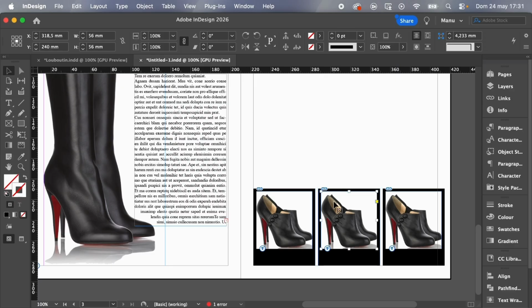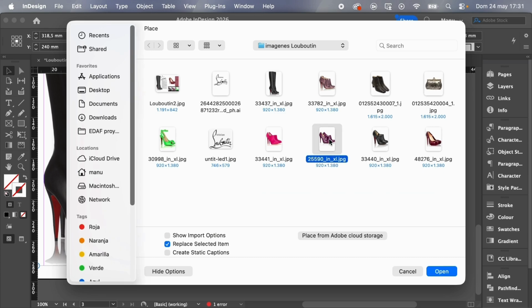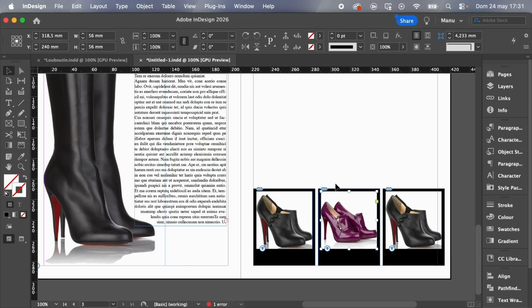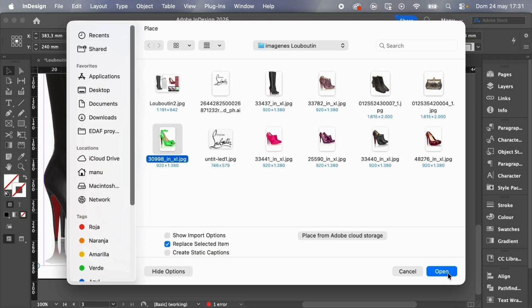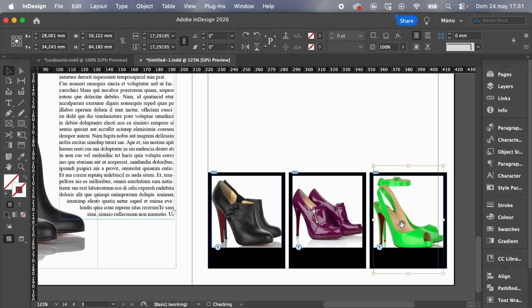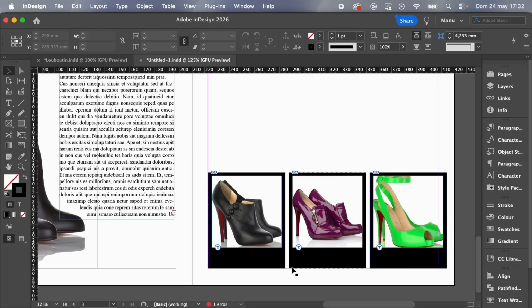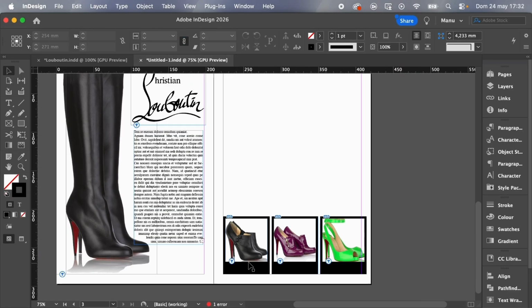I go inside, Control or Command D. Here comes the purple image, and in the third rectangle, I will place the green image. Double click, and with the cursors, I will be more precise. If I want to change the scale, I can do it easily, constrain proportions, and make the image a little bit smaller. Well, more or less, everything is correct.